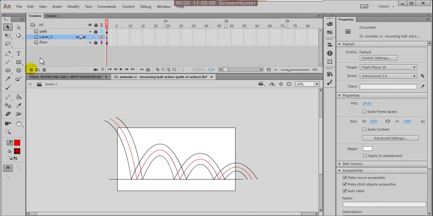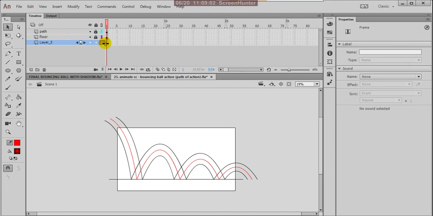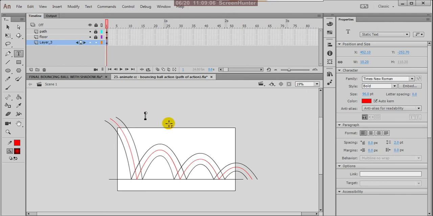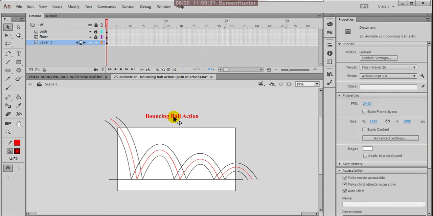So here one more layer we are creating. Make the text here. So name it bouncing ball action. Bouncing ball action.